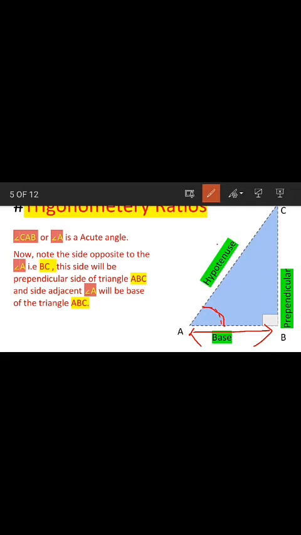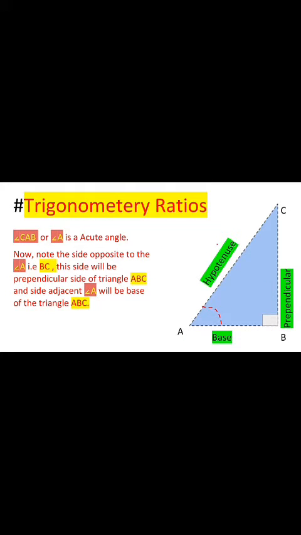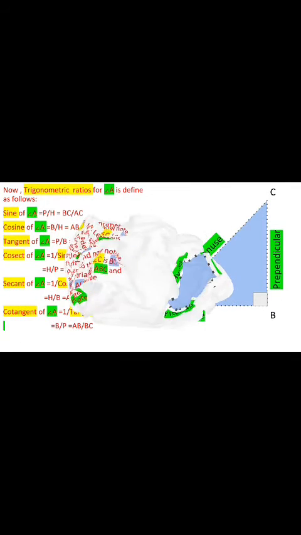So class, now you shall remember easily that the side which is opposite to the given angle is always going to be the perpendicular, and the side adjacent to the given angle is always going to be the base of a right angle triangle. Now class, moving to our next topic, let us understand this again by taking some other angle. For that I have this slide over here, and in this slide we are going to take an angle.